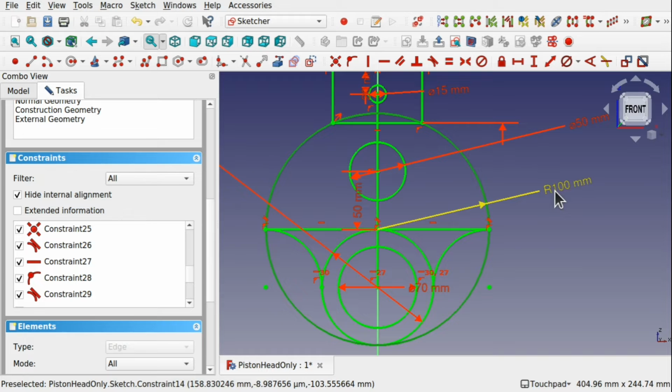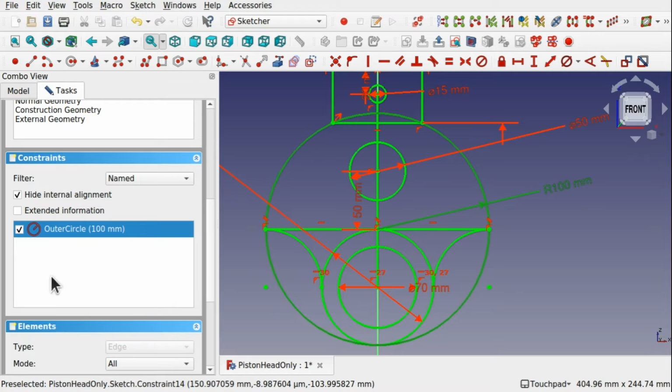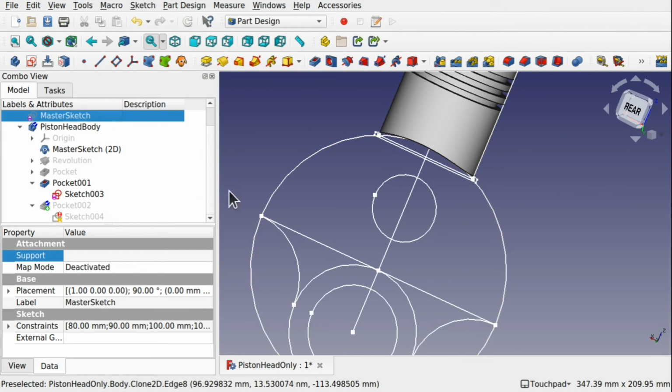I'm going to highlight that constraint and we can search through, and there it is there, outer circle 100. We can drop this down and come into named if we so desire to go and find that constraint. What that allows us to do, if we come out of here, hit close and go back to our sketch,